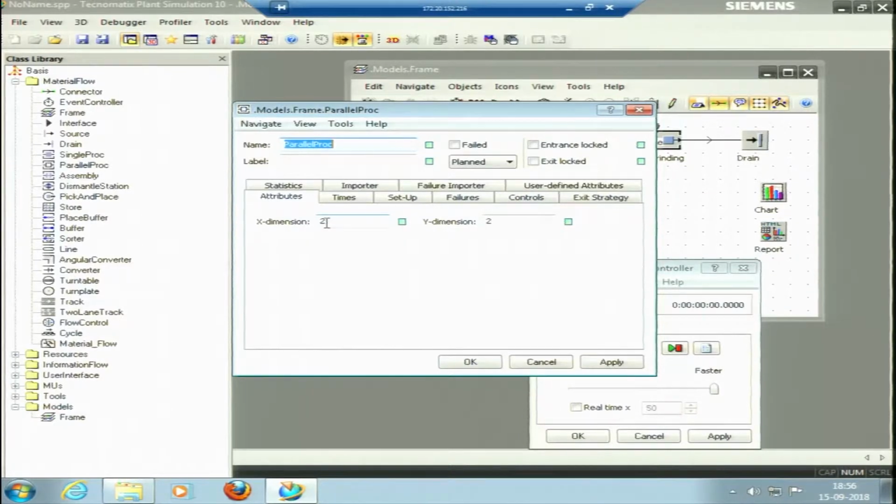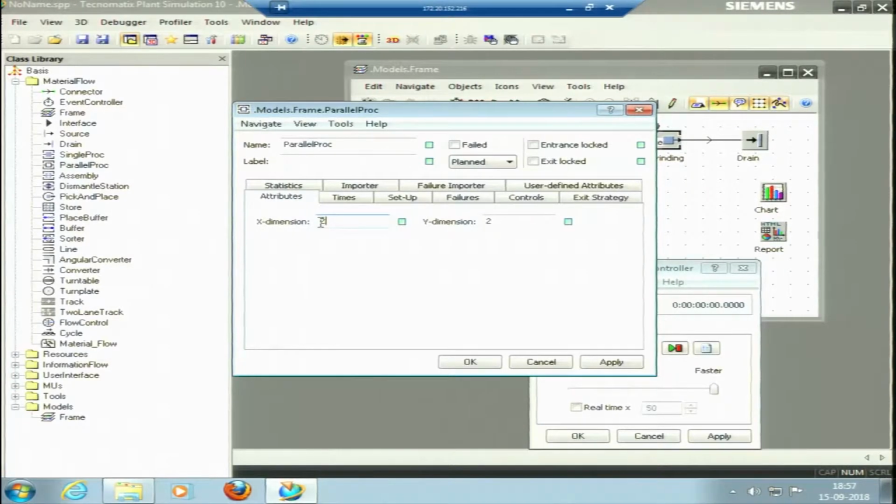For instance, we have 4 drilling machines of the same make, with the same processing time and the same setup time. We need not put 4 single processes in parallel. We can pick one parallel process because the attributes of this specific process are the same. So I can pick one parallel process and put it there.